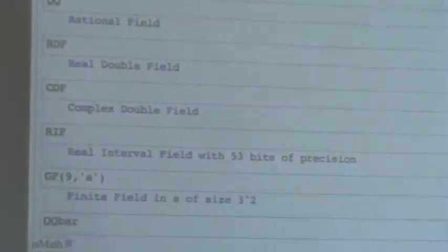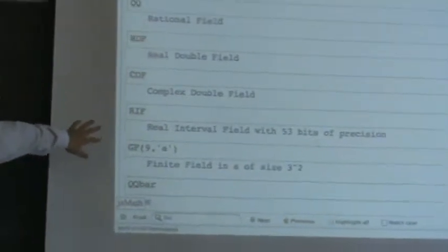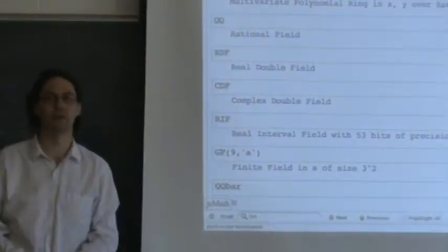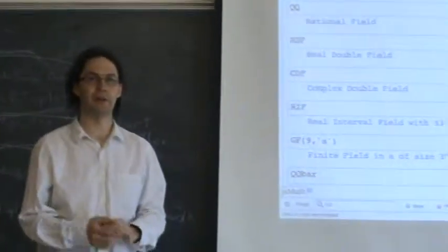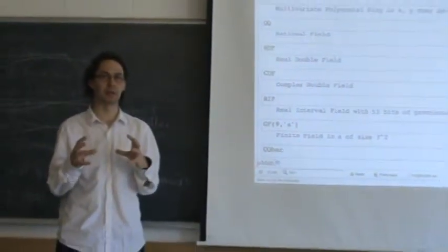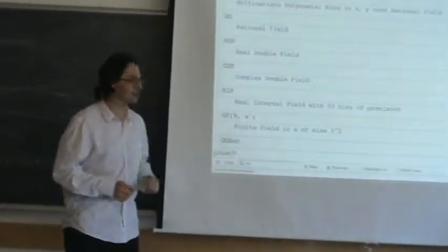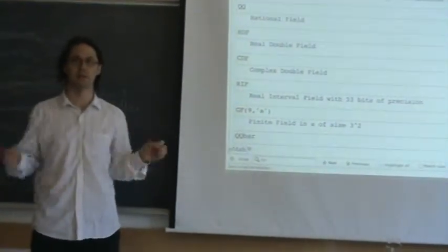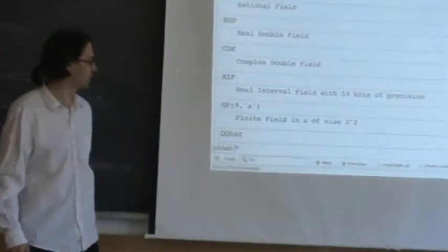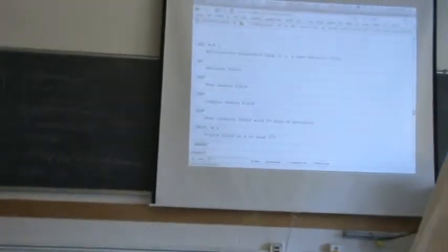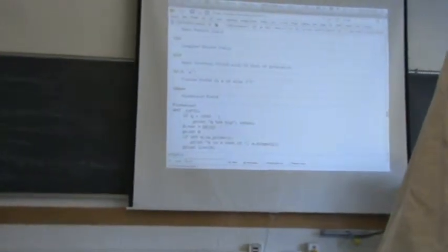Here's a ring GF(9). This is a finite field, which is something that is really important mainly in coding theory and cryptography. So a finite field is a special type of ring where not only can you multiply things, but you can divide them, and in addition, it's finite, so there's only finitely many elements in there. And this is one non-trivial example of such a thing.